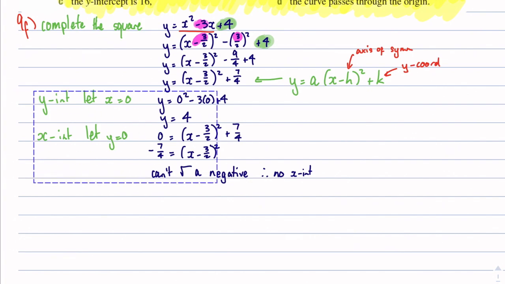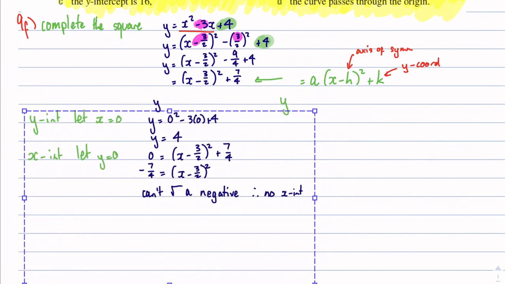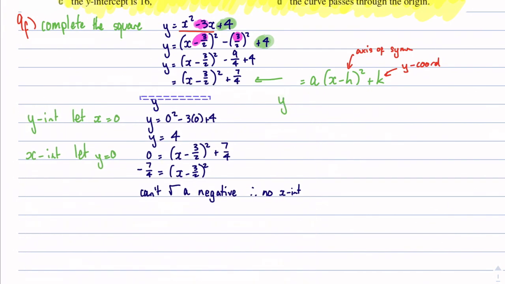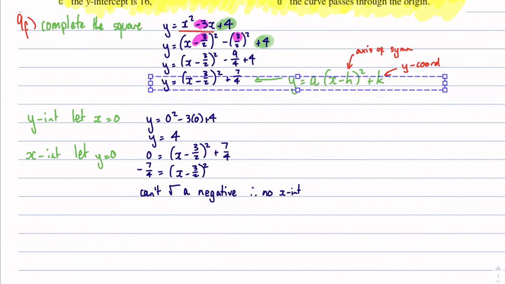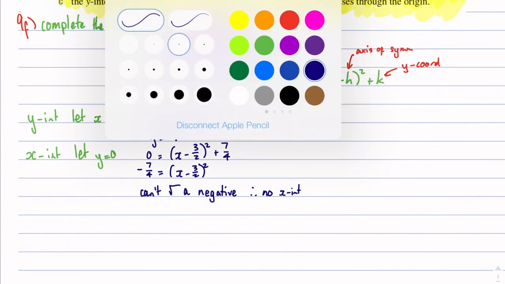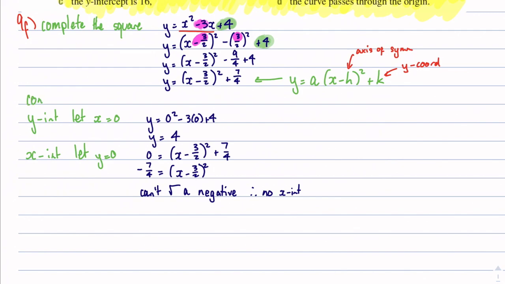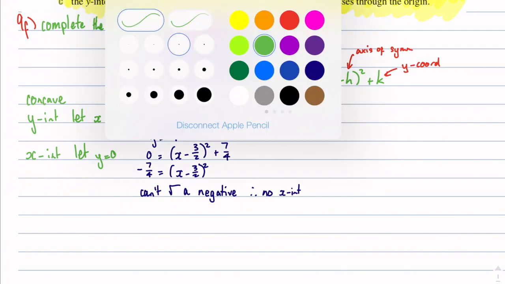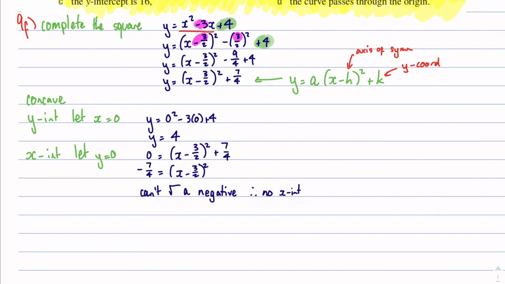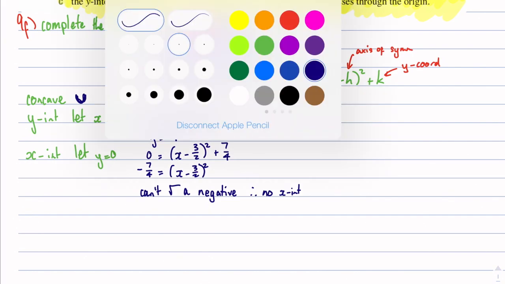You know what I forgot to do first? I forgot to actually find the concavity. I repeatedly forget to do this. The concavity here, there's no negative in front of the x squared, it's a positive. Which means this whole thing's going to be above the x-axis, by the way. Okay, now,